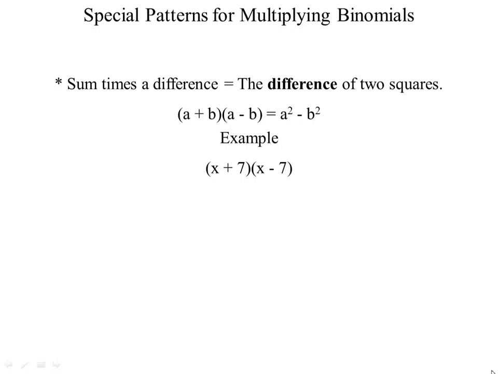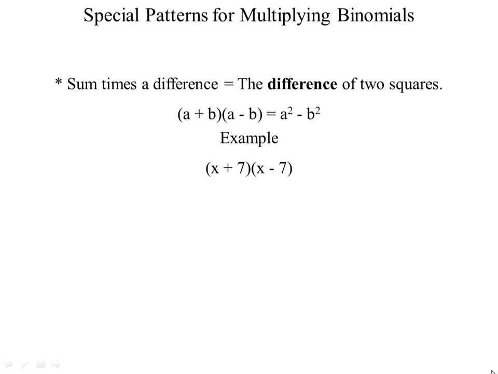What we have here is called a sum and difference. The reason being is because your two binomials are exactly the same, except one's a plus and one's a minus. And it doesn't even have to be that order. It could be like that. It's just everything's the same except one has a plus and one has a minus in it. When this happens, when you multiply them out, those two middle terms that you can put together, you should always be able to put together when you do the full method. What's going to happen is those two middle terms are going to cancel out. And so you're left